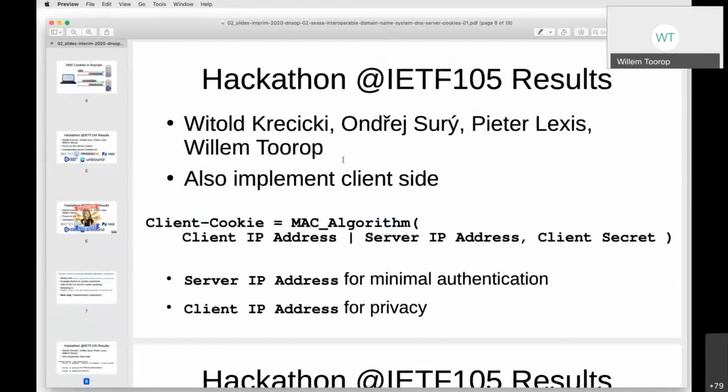So at the hackathon at the IETF 105 in Montreal, the same people that worked on it at the previous hackathon continued their work on implementing the new server cookies, taking along the updates, and now also taking note on how to create a client cookie. So for privacy reasons, the client cookie was basically a hash based on the secret and the server IP address for minimal authentication of the server, and also for those privacy reasons, the client IP address, so that clients cannot be tracked based on their cookie when the client IP addresses change, for example, due to IPv6 privacy extensions. But that turned out to be problematic because,